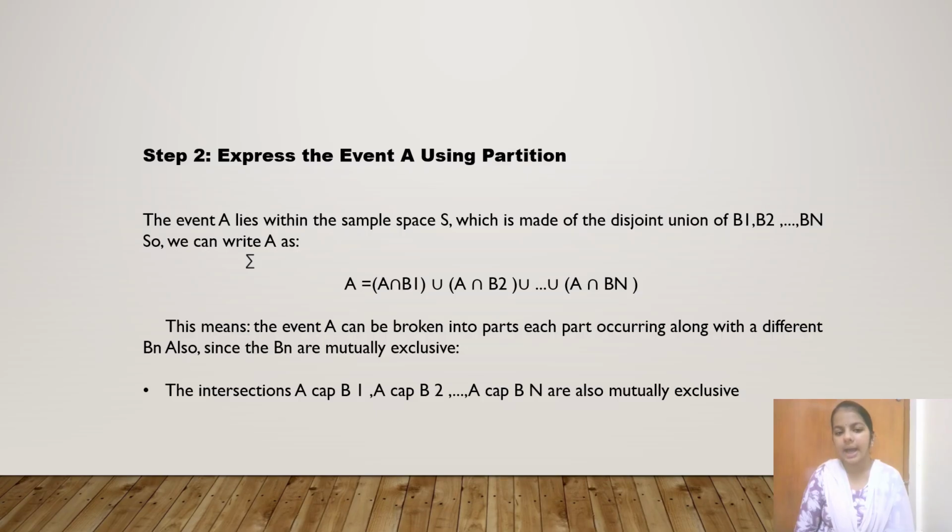So we can write A equals A intersection B1 union A intersection B2 union and so on union A intersection Bn. This means the event A can be broken into parts, each part occurring along with a different Bn. Since the Bn are mutually exclusive, A intersection B1, A intersection B2 and so on up to A intersection Bn